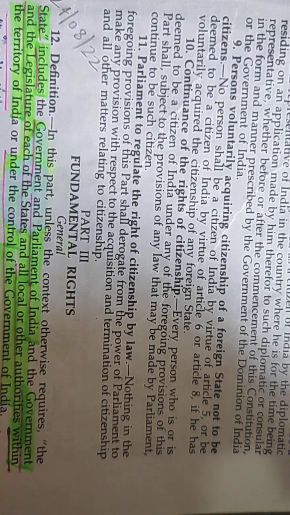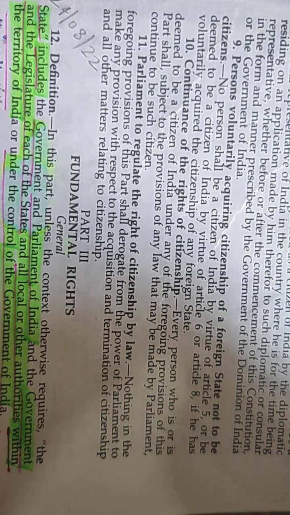But in the next case, Ajay Hasia versus Khalid Mujib, what is determining is not whether a body was formed under a statute, but the test of whether it is acting as an instrumentality or agency of the state, then it is considered to be a state. It consists of 6 criteria to be fulfilled for the instrumentality test. First, entire share capital is held by government. Second, monopoly status. Third, financial assistance. Fourth, deep and pervasive state control. Fifth, a department of government is transferred to the corporation. Sixth, function of the corporation.